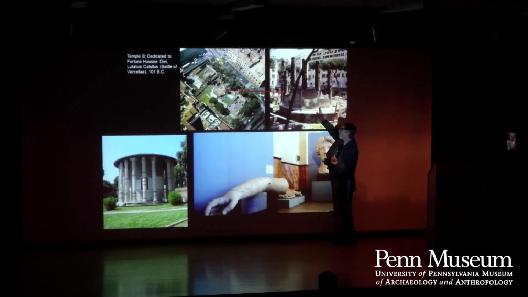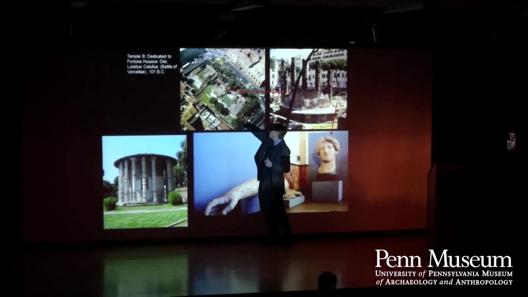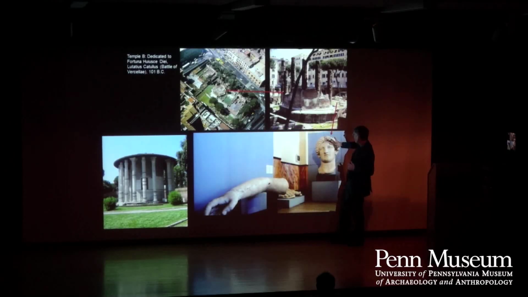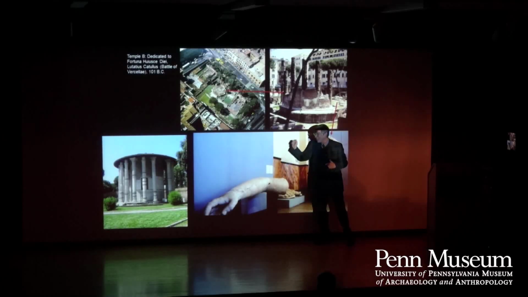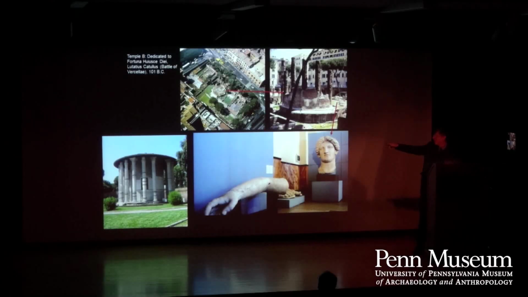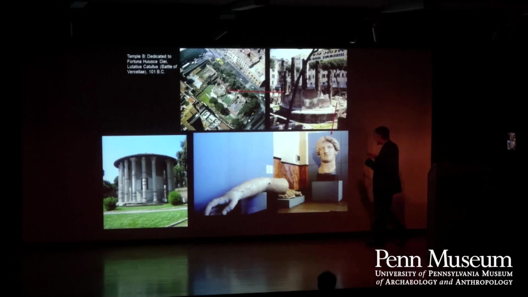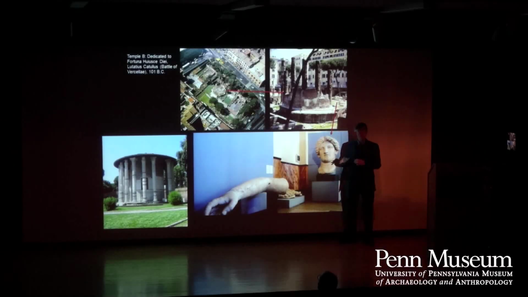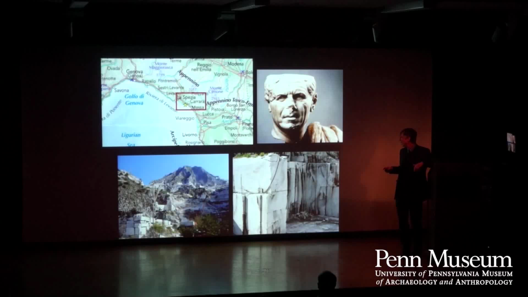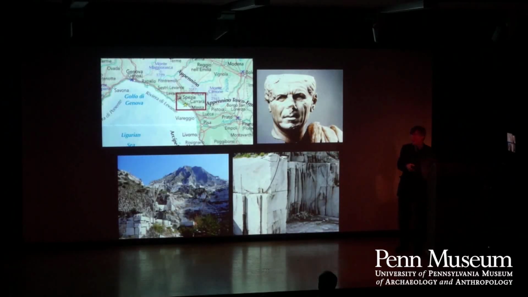So you see here, for example, in the area of the Largo Argentina in central Rome, 4 victory temples, each one of these built by a conquering general. The circular one, which you see here, was dedicated to Fortuna, whose portrait and arm were actually excavated in the temple. So it's a circular temple like the temple of Hercules that I showed you earlier. And at this point in time, the end of the 2nd century BC, only the gods are going to get the marble. We have inscriptions that indicate clearly that marble was considered more valuable than bronze. So the humans are portrayed in bronze and the gods in marble until the middle of the 1st century BC,